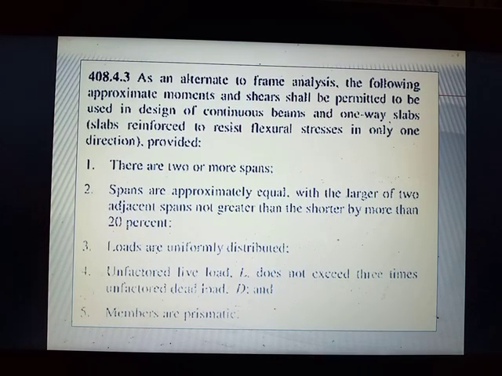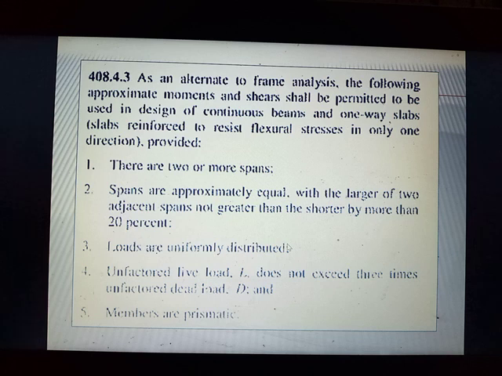Loads are uniformly distributed. 4. Unfactored live load L does not exceed 3 times unfactored dead load D, and the fifth and the last, members are prismatic. So these are the 5 main criteria in order that we can apply this type of